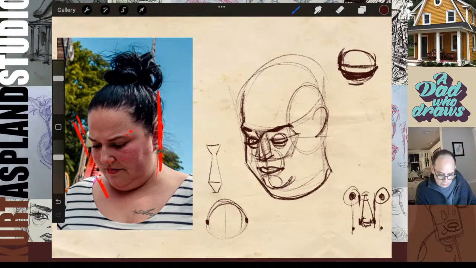So it should be down here. Okay. And then her hair is coming around. So now I've got the lower part of her